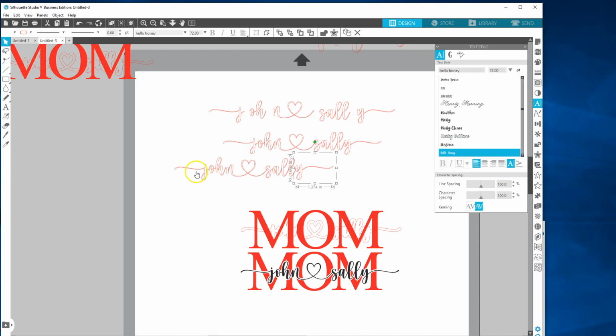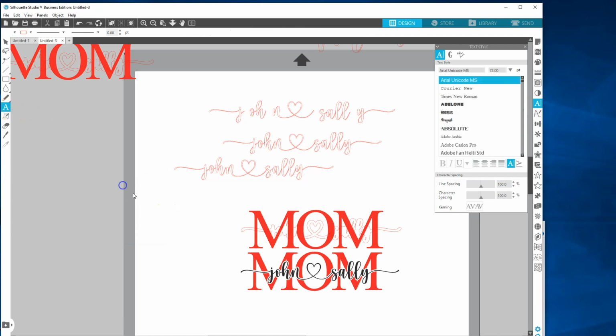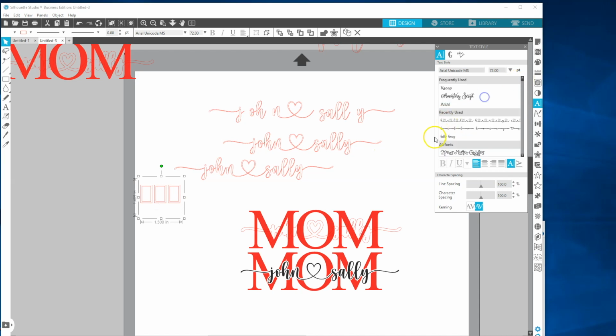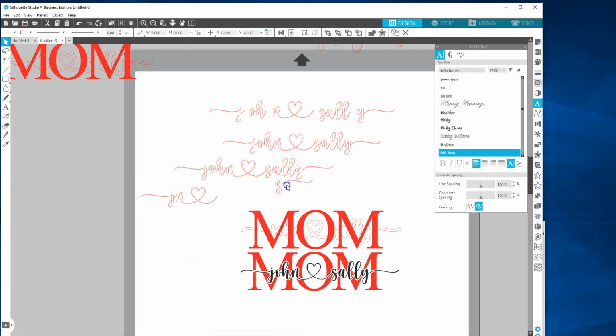So we could probably save a step, so we have the J, the N with the heart, and the Y. So if we went to the character map and we clicked on the J, select, the N with the heart, select, and the Y, select, we can select all these and copy, open a new text box, right click, paste, click off, click back on, and then change it to Hello Honey. Then we would just right click, ungroup,